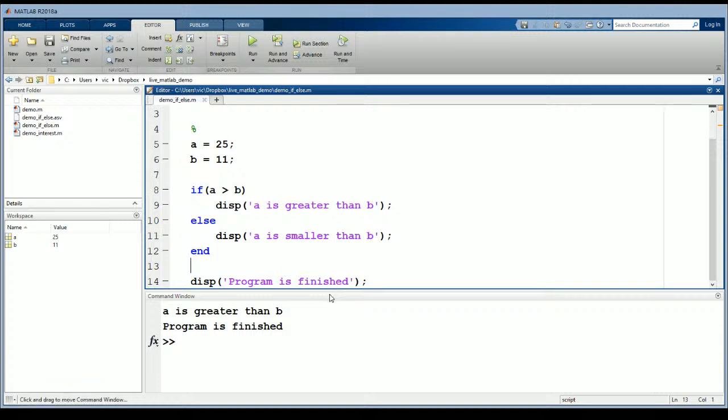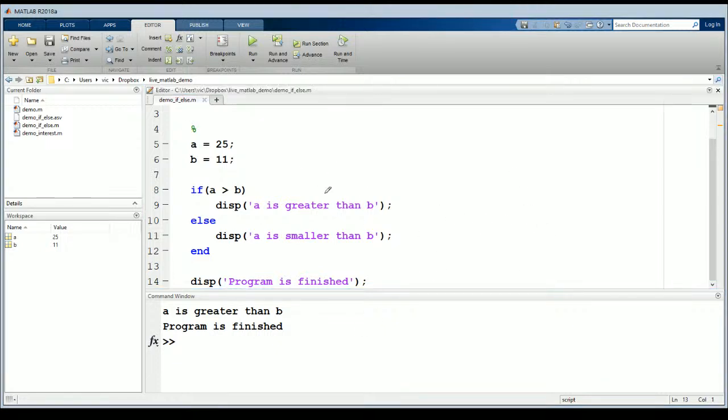Similarly, what if we have multiple conditions? If we have multiple conditions, then we can have multiple statements as well. So similarly, in the same branching case,